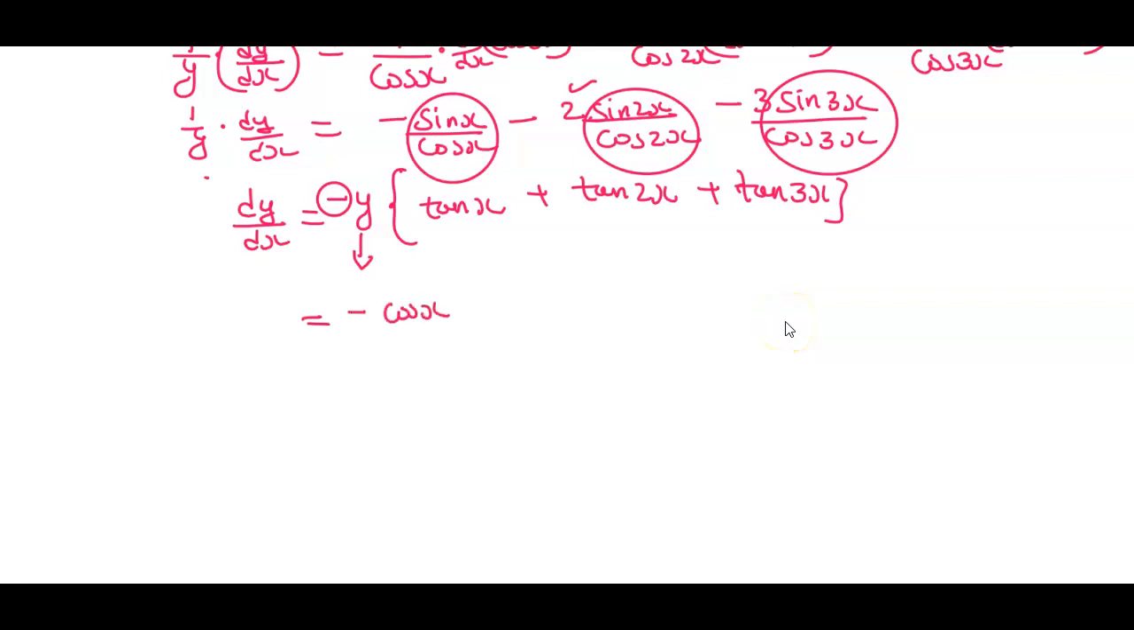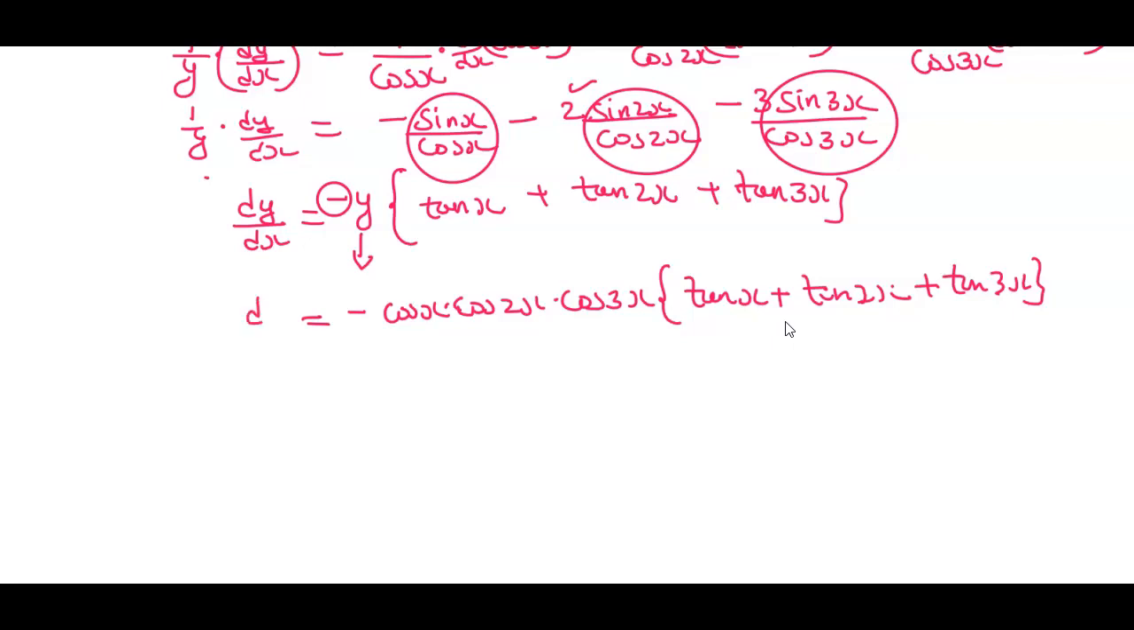cos x cos 2x cos 3x. Inside we have tan x plus tan 2x plus tan 3x. This is how we get dy by dx,